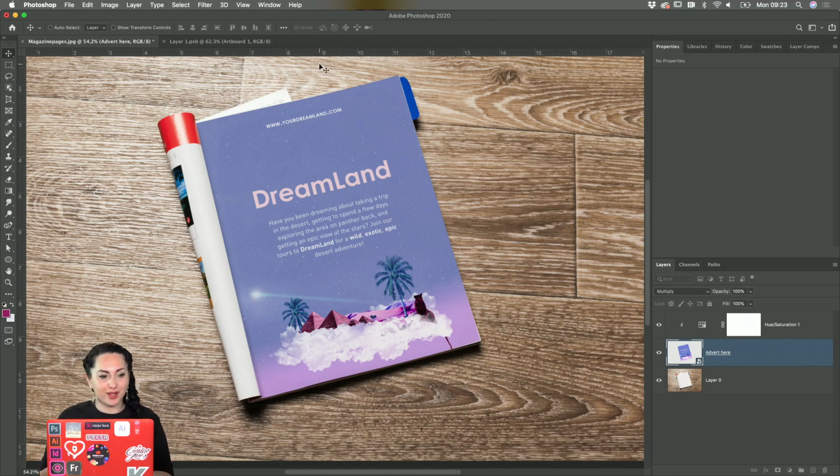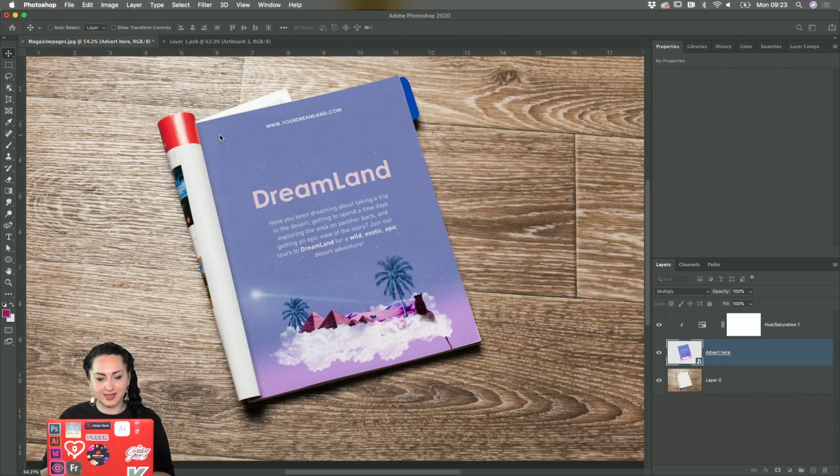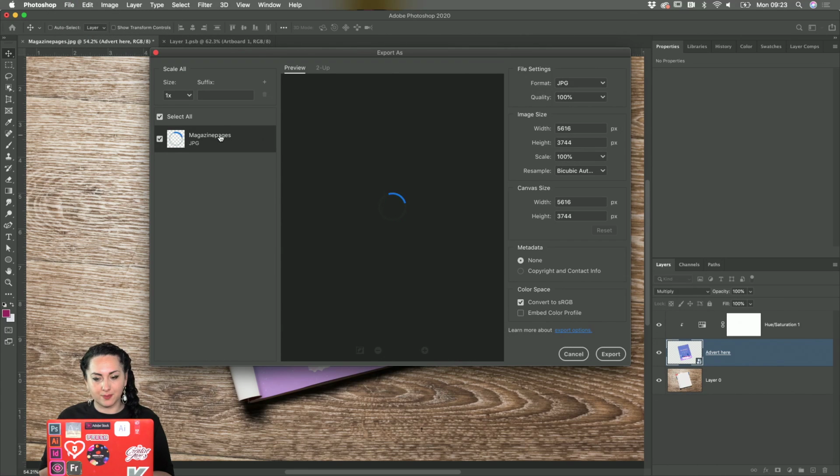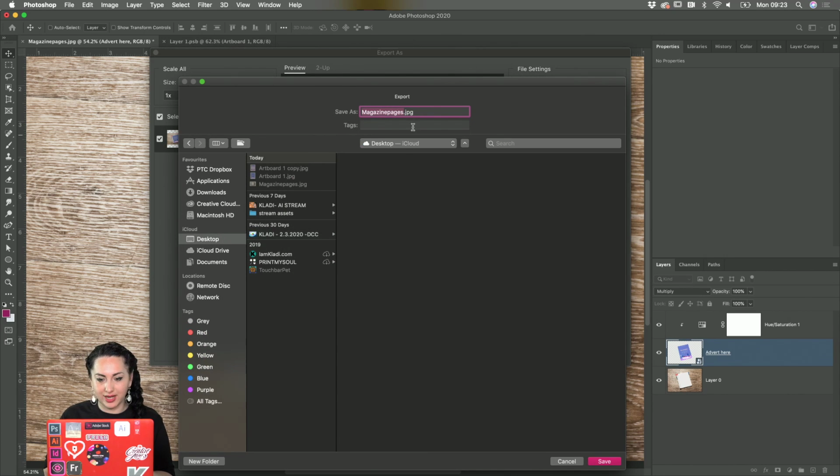We do so by going into File, Export, and Export As. And I'm going to save this file first because you want to make sure that you save this challenge number 5 in order to share it on Discord and then upload it to our Behance page. So I'm going to click Export to make sure that we created this challenge 5